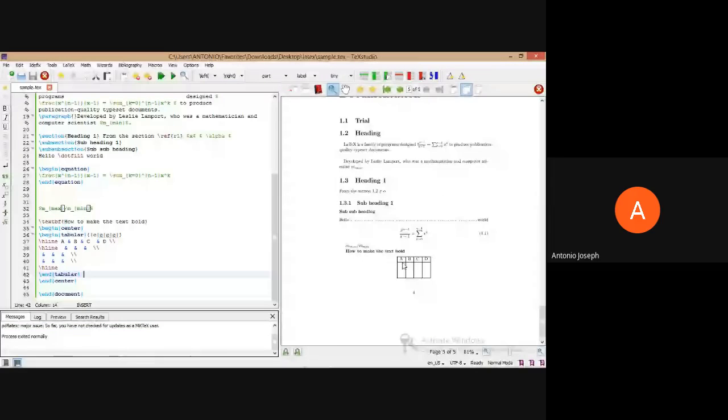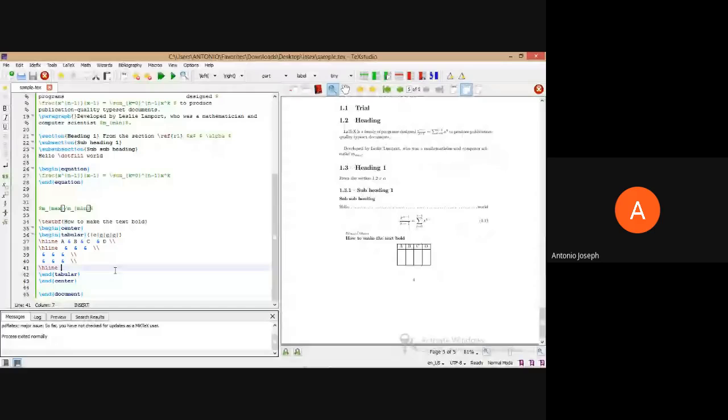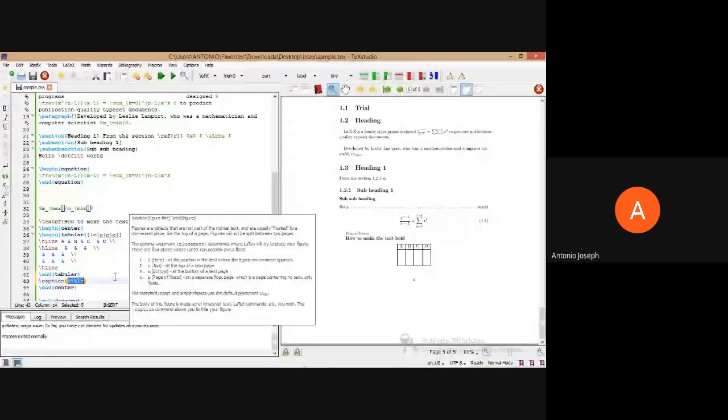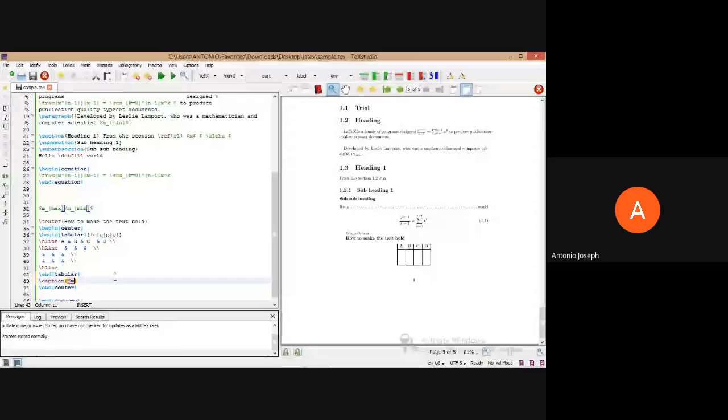Now we can provide the captions also. Sample table. So that should be.